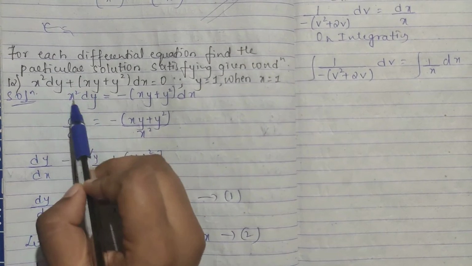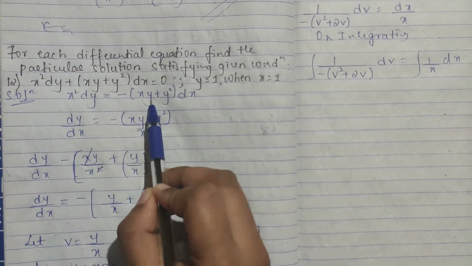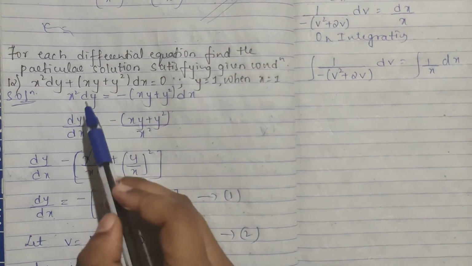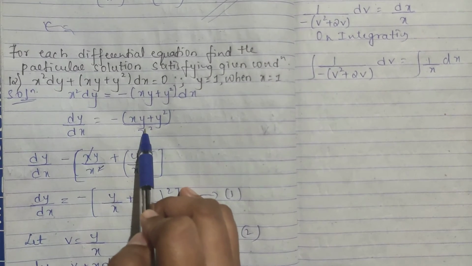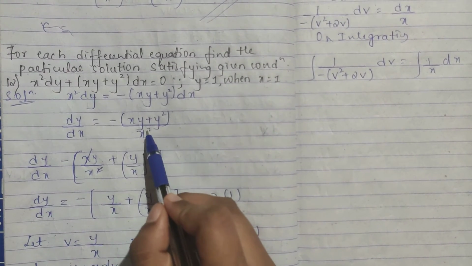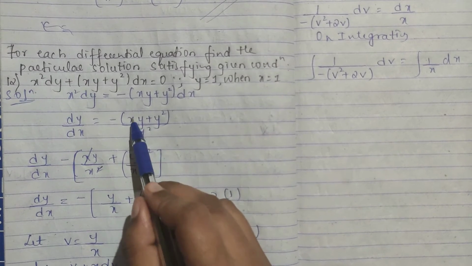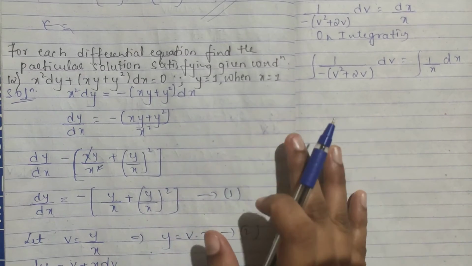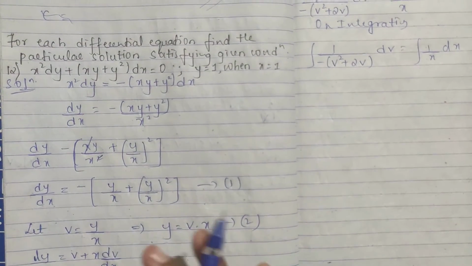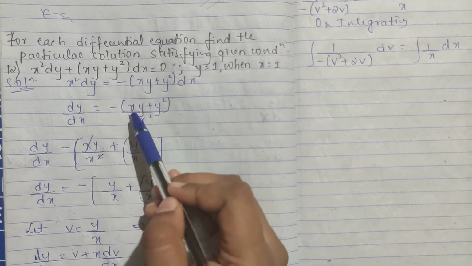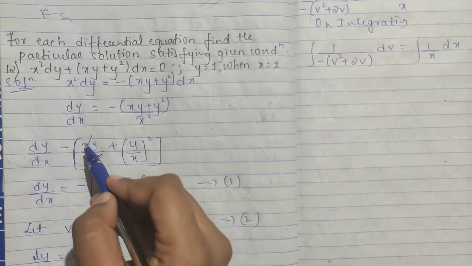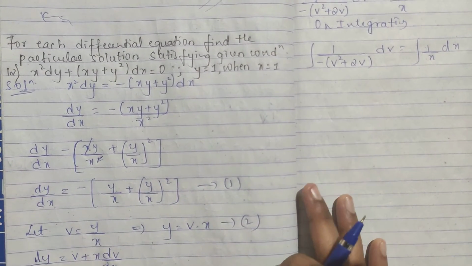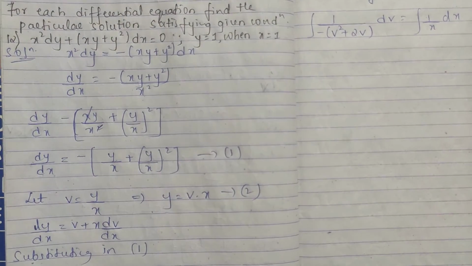So x square dy, take it to the other side, minus of xy plus y square dx. So you first have to get the dy by dx form. So get dy by dx, so this goes to the denominator. See here you have to get it in the form of y by x. Here you can see even by separately dividing xy by x square and y square by x square, you will get the same. So there is no need to divide numerator and denominator again, here only you can do xy divided by x square plus y square divided by x square. So x gets cancelled, you will get y by x the whole square. So you are getting it in homogeneous form itself. From here you can make sure.